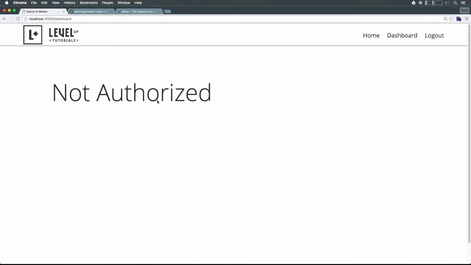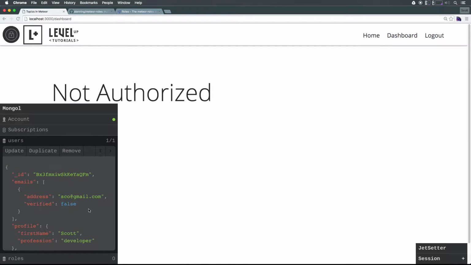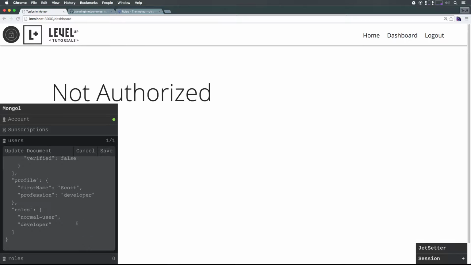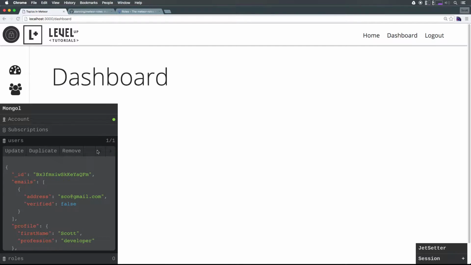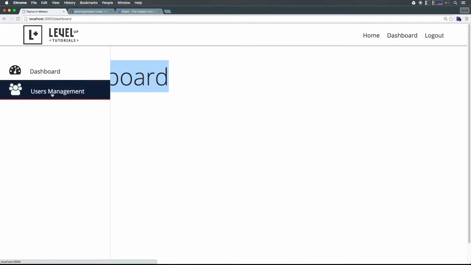So where we left off, we have this not authorized. Let's go ahead and hit Control M, open up our Meteor tools, and add to our roles. We just want to add admin just so we can get to the dashboard, because what we're going to be doing in this video is building a user management dashboard. So we could say admin. Okay. And this interface isn't the best for modifying these, but it works. So we can do Control M, and as you can see, we now have a dashboard as well as user